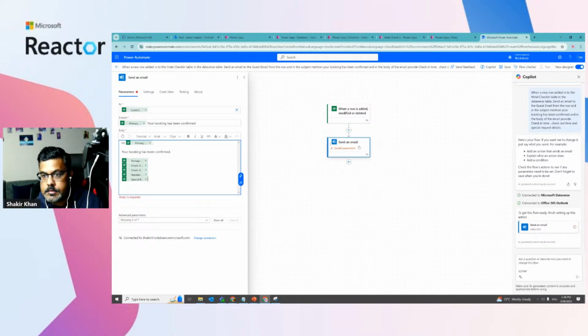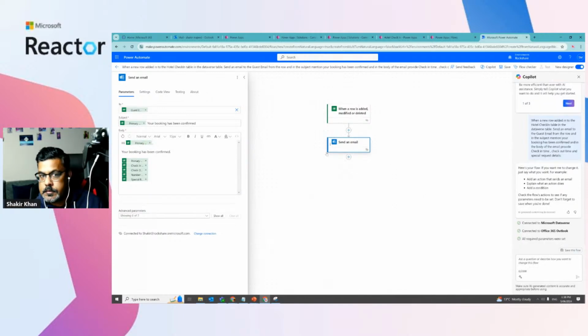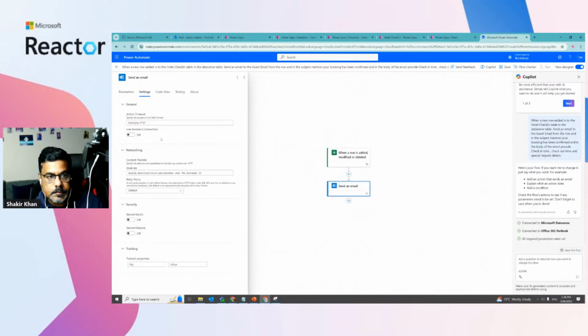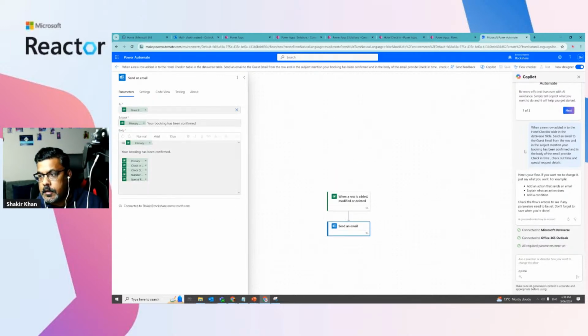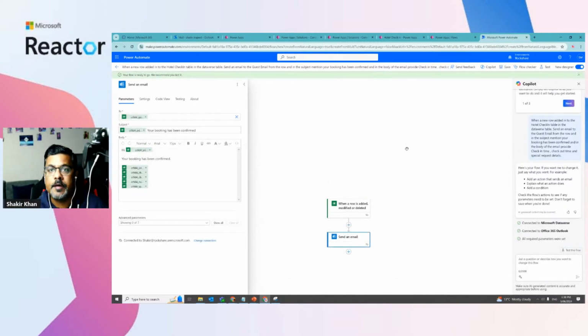So I'll just say, let me just see what it's saying. Let me just save it, because it's a very straightforward flow, but you can use those